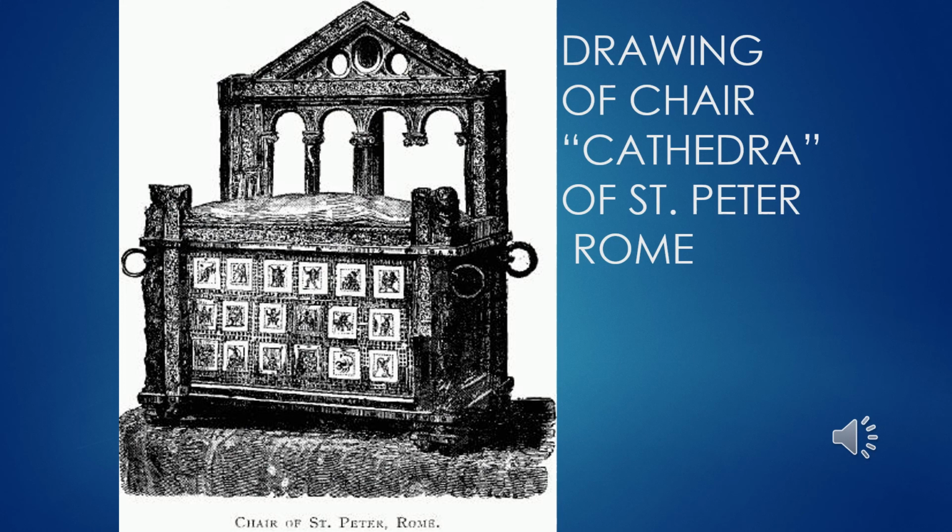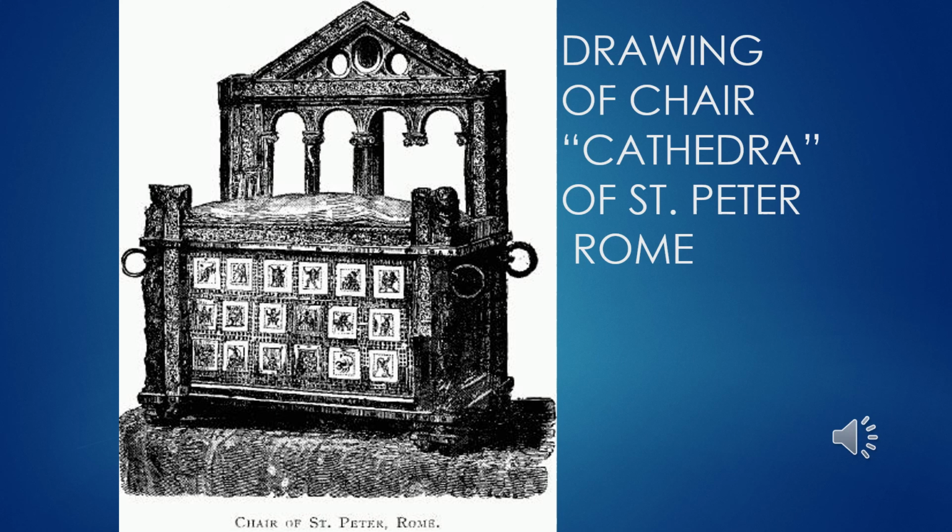This is the ceremonial chair of St. Peter's Basilica. And many basilicas and cathedrals have a special chair that represents sometimes the saint who the cathedral is in honor of. And if you remember, that Roman word for chair is cathedra. This is where the name cathedral comes from in the first place. This particular chair is the cathedra of St. Peter's Basilica, so the St. Peter's in Rome, and it's a symbol of the Pope.